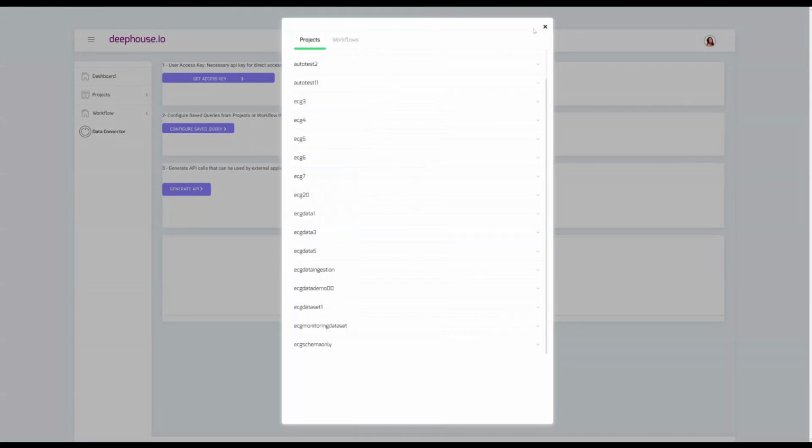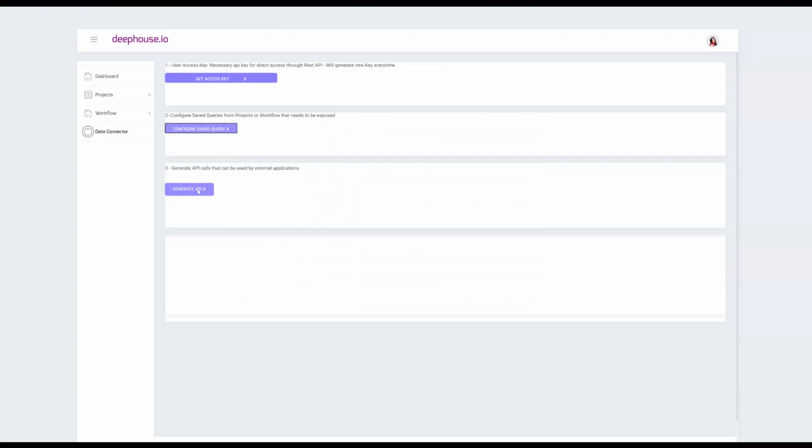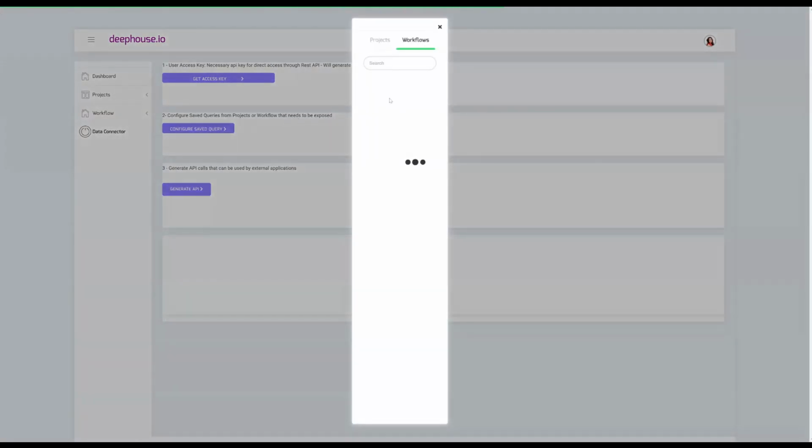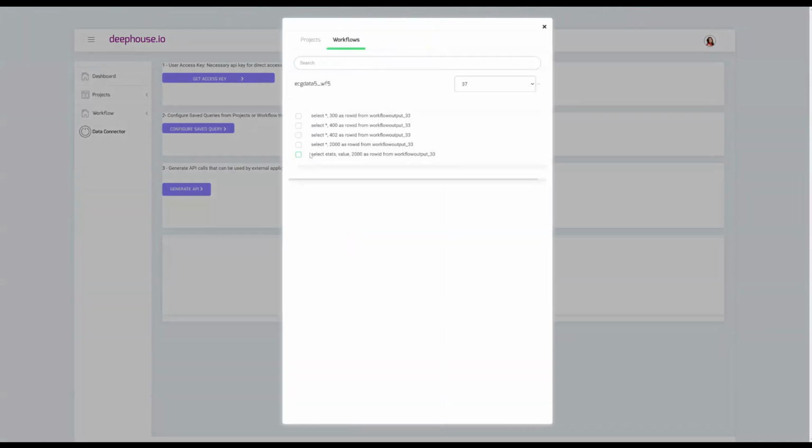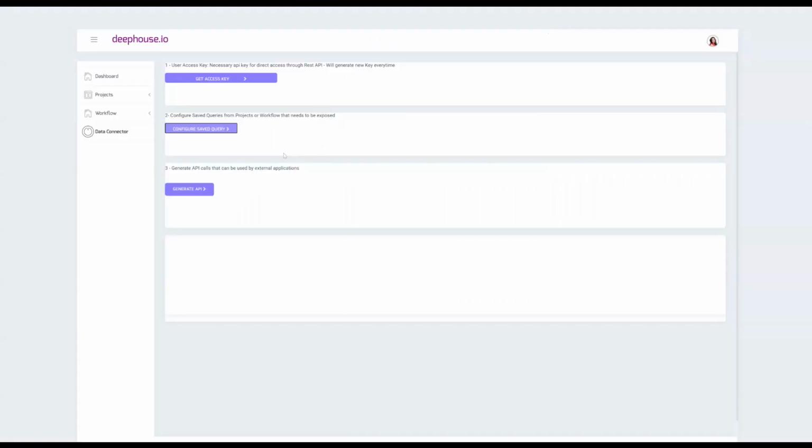That provides the key to getting the API that is needed to generate the dashboards. So here I've clicked generate API, and you have a URL which we will use.